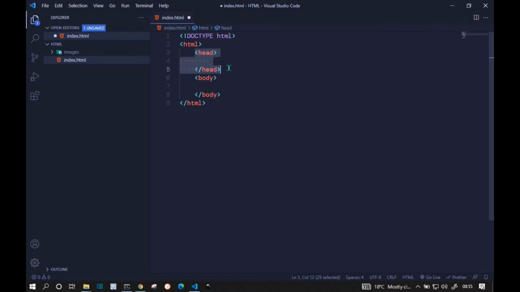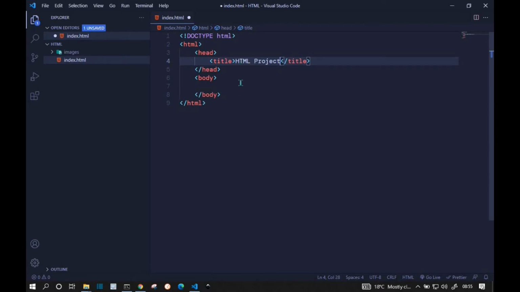In our head tag, we usually include a couple of tags to provide information about our web page. Most of the information that we include in the head tag will not be visible to the user. Only one of them that I am sure will be visible to the user, and that is the title tag. So from the head, we can include the title tag, and in the title is where we give our web page a title, and we can say HTML project.